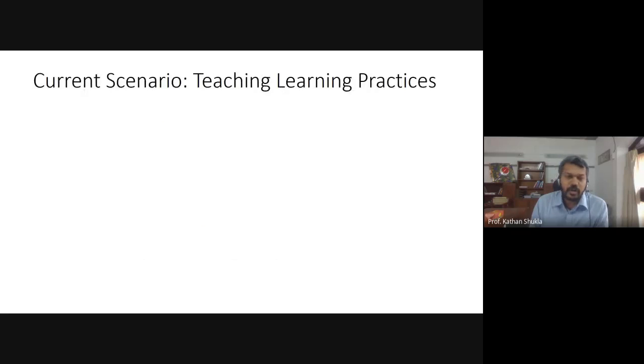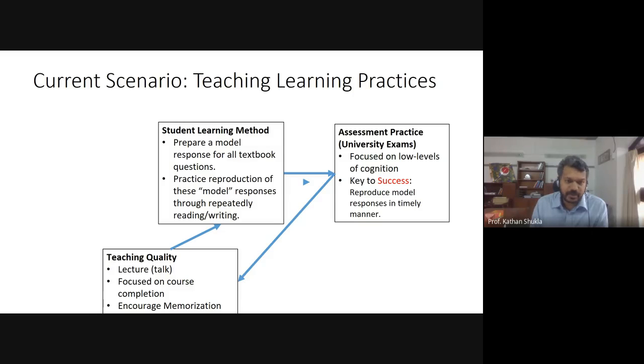Okay, so what is the current scenario of teaching and learning? The current scenario is something like this. Across universities in India, this is not specific to any one college or any one university. This is an overall pattern across institutions, in higher education especially in India. And to be frank, even at school level, similar things are happening. So this is that overall pattern. Now, I am not saying that it happens everywhere. To be frank, a lot of institutes and universities are doing a much better job. But I am just presenting an overall pattern.